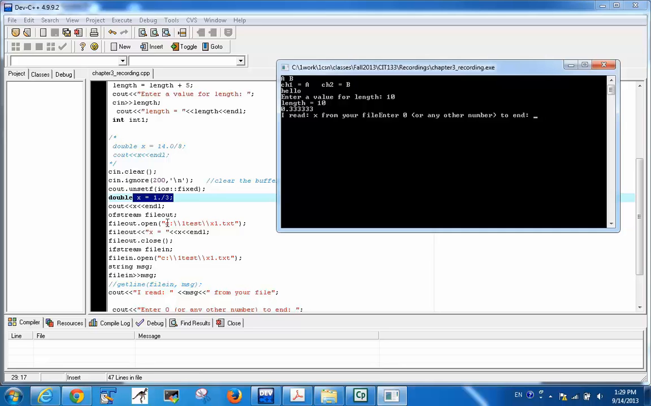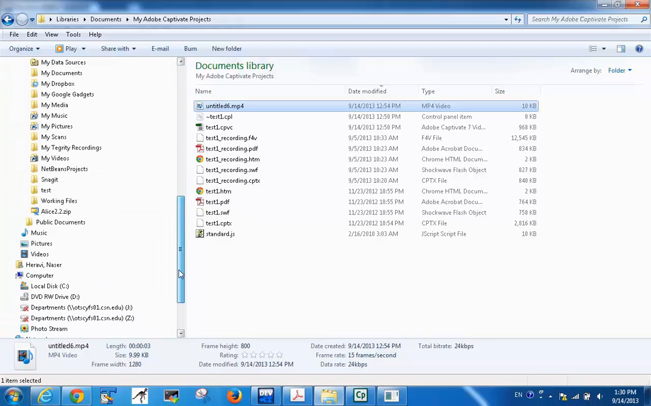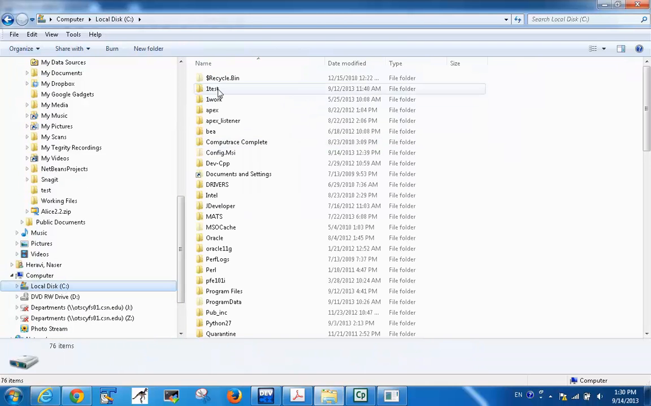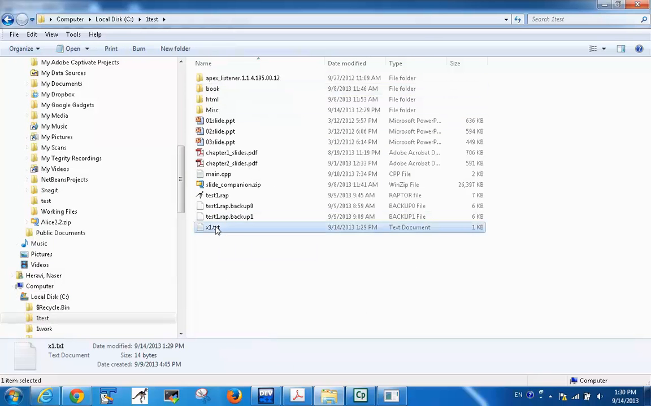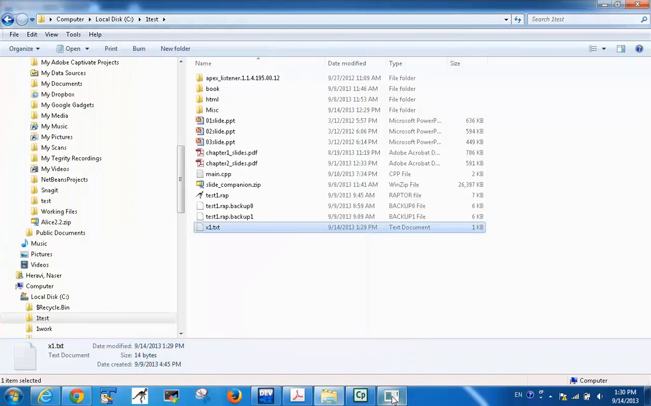Now notice I open a file called, under my one test folder, I have a file called x1.txt, and I'm going to actually write to it. I'm going to say x equals x. So if I go to this folder, one test, x1 text, so let's go to my C drive and go to one test. Here's x1.txt. I'm just going to open it up. Notice it says x equals 0.33. That's because I told it